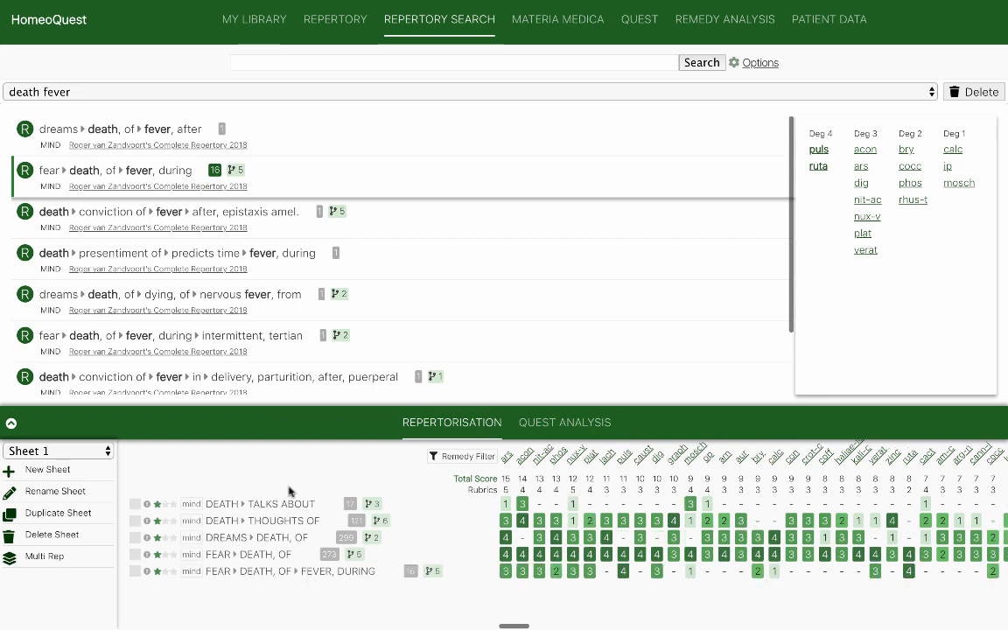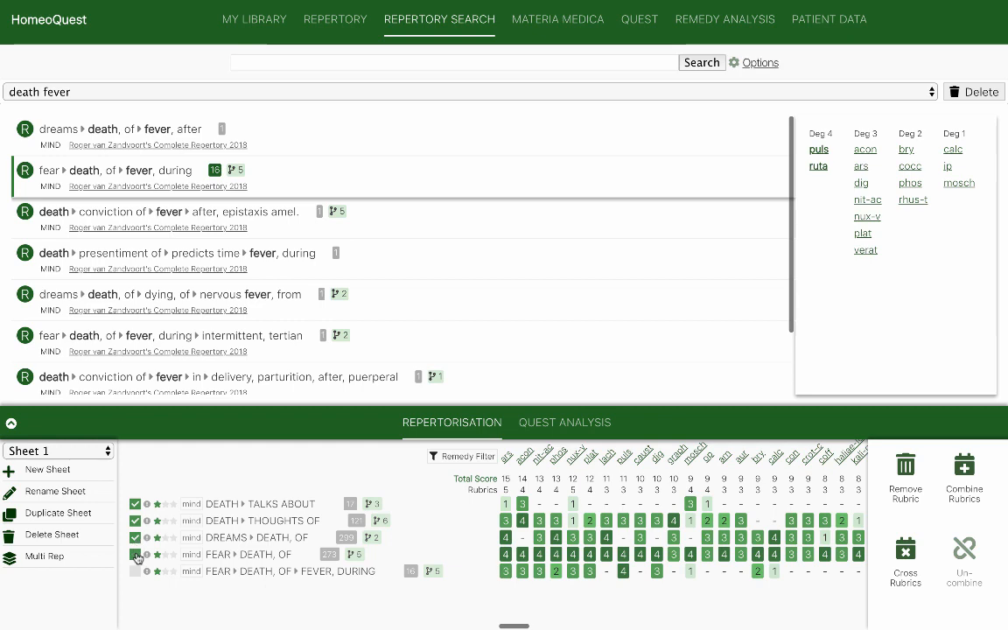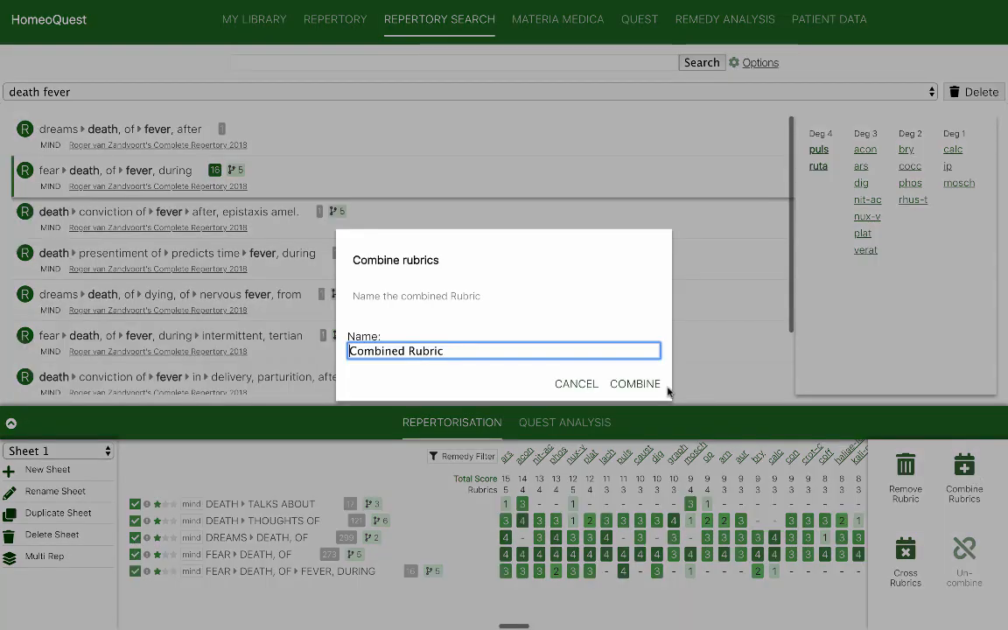So you see, all these important aspects about fever and death, which I find is important in her case, and I don't want to miss out on any remedies. I want to make sure that we are all including all this, so I don't miss out on anything. So what I'm going to do is combine them. So we're going to choose all of them and say combine rubrics, and we're going to make a big rubric